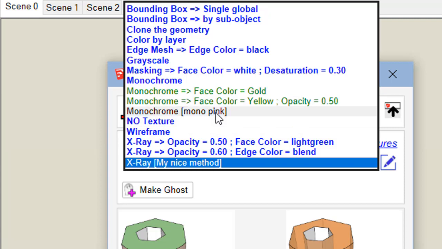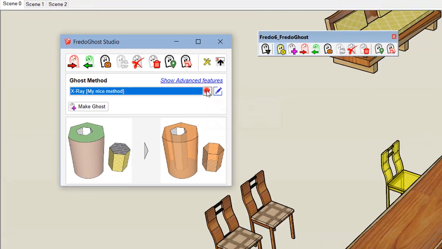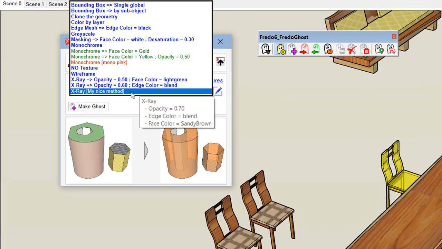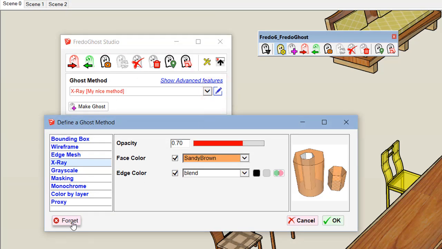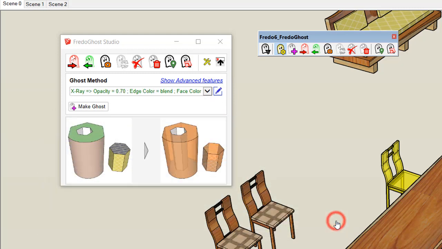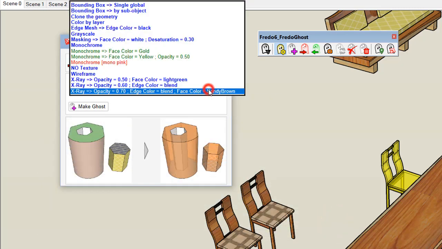So this one is persisted in SketchUp. So if now I want to forget a method, I just select it, go to the editor, and you'll see this button Forget. If I forget it, it will disappear from the combo box unless it is used in the model, of course.